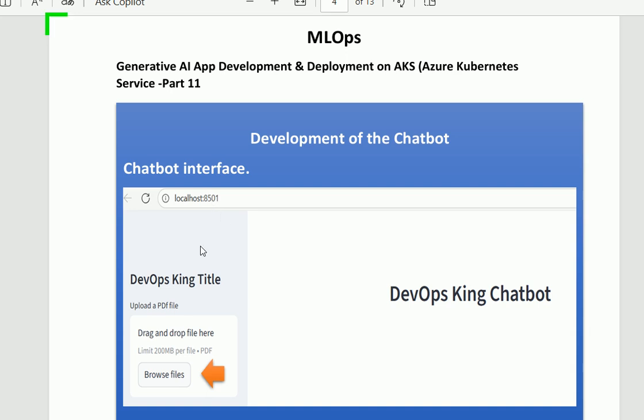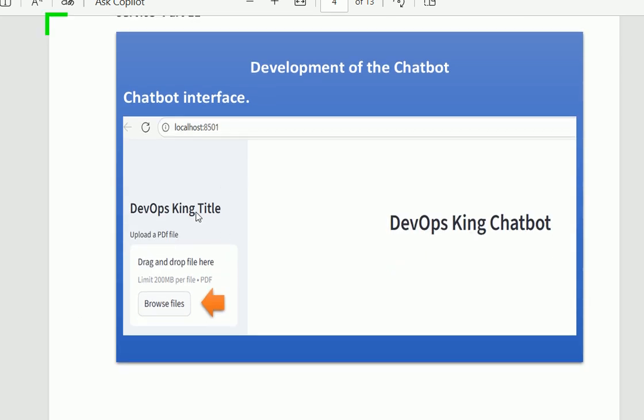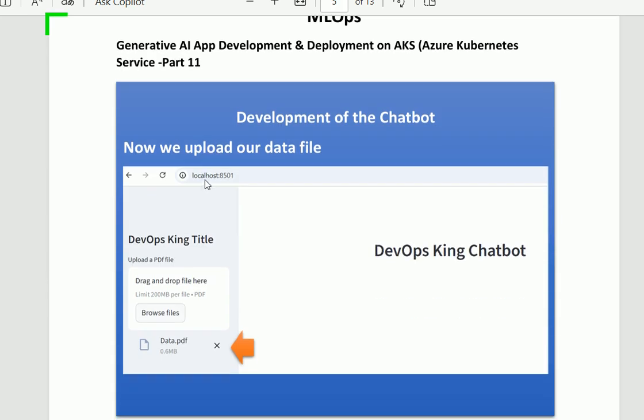So when we click on browse file, you upload the PDF file having the data for the app. Now we have uploaded the data.pdf file that has a large amount of data for our application. You can see by the arrow icon that we have uploaded data.pdf.